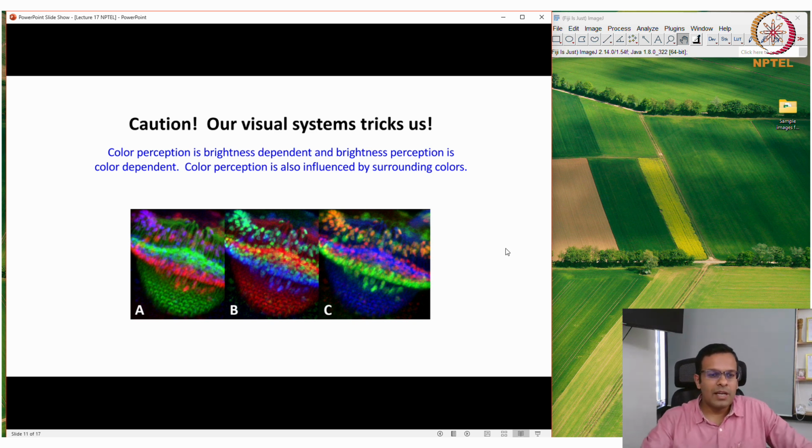So just by looking at this image and at the co-localization of these two colors, I cannot say whether these two proteins are really co-localizing, or their degree or extent of co-localization, because that keeps changing with different colors and different intensities. That's why we need Pearson's coefficient and Mander's coefficients for the accurate quantification of co-localization.